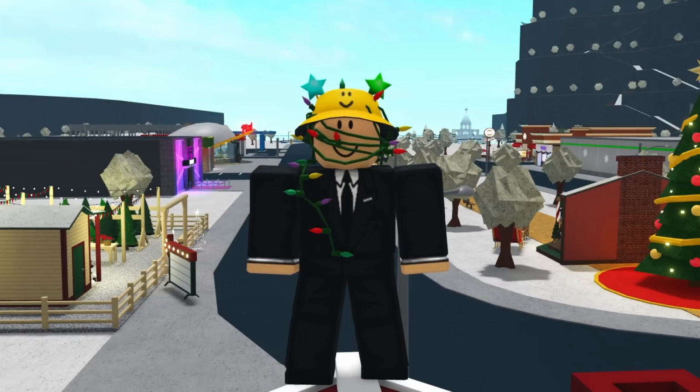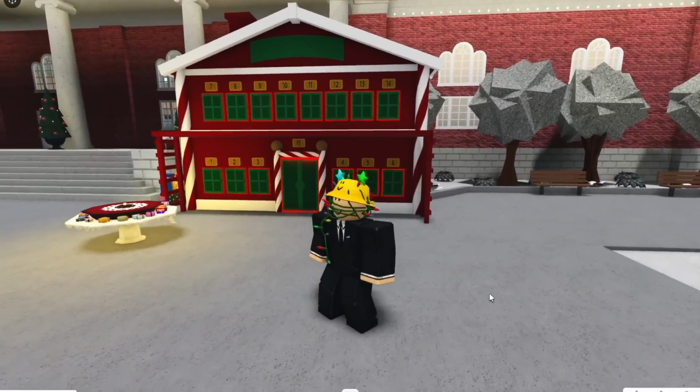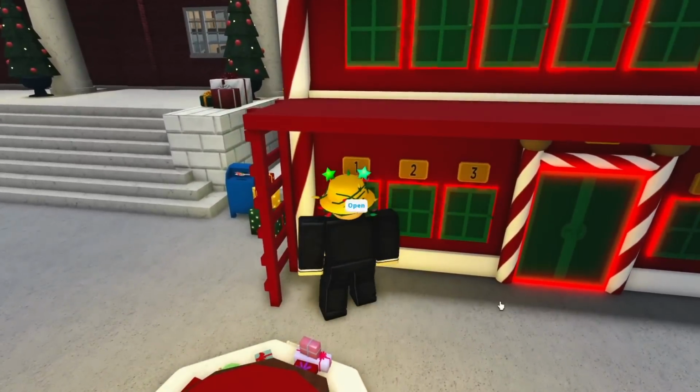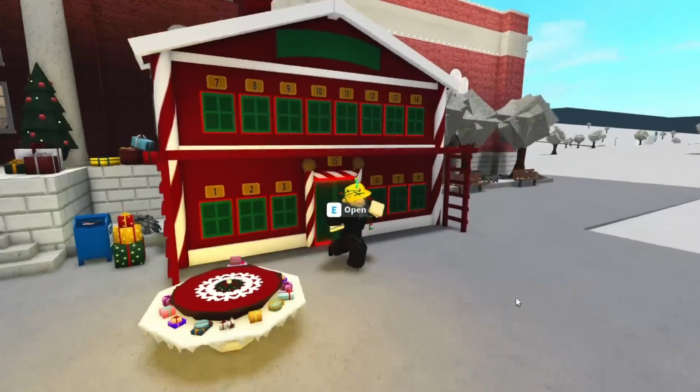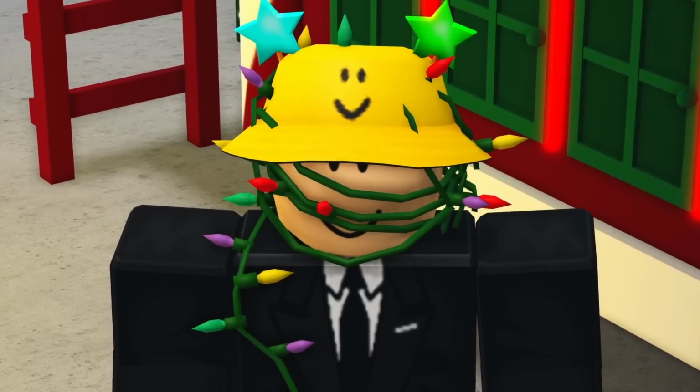But with that being said, let's begin with the first myth. There is a secret in the Advent calendar. Okay, I'm here at the Advent calendar, and as you can see, everything is closed. You can't really peek through them, but I have Shift P, which means I can just go inside and look at everything. So as you can see, there's nothing on the bottom row. At the very front entrance, there's a couple steps leading to a box, which will probably be the trophy, that's my guess. And on the top row, as you can see, there's also nothing, which means that this myth is